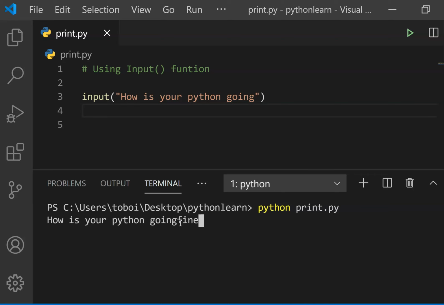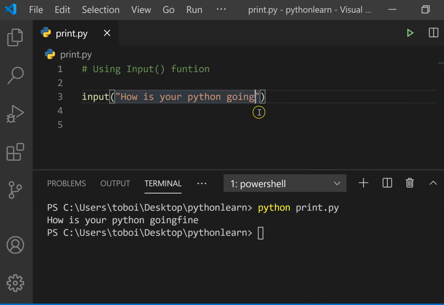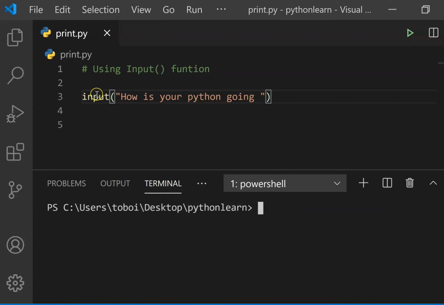Okay, I can say fine. So until I do that, the execution is not going to continue. So that's the difference between the input and the print. The input is going to give me an expression in the form of a question. It could be anything. Whenever you say input, you're saying that you are expecting the user to give you an answer to a question. I could say,